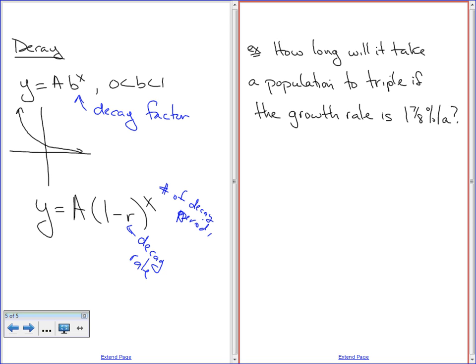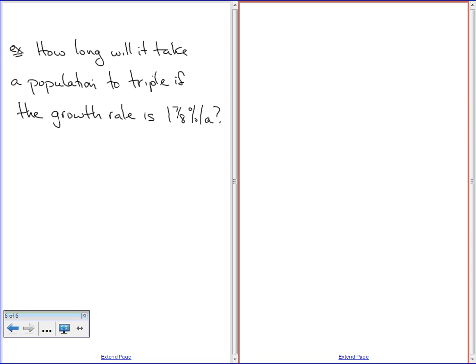Okay, so question number 1 is how long will it take a population to triple if the growth rate is 1 7/8% per annum? So per annum is just another way of saying per year. So in the context of the question, you have to decide whether it's exponential growth or exponential decay. Obviously, it's growth if it gives you the growth rate. So then you would start with the,